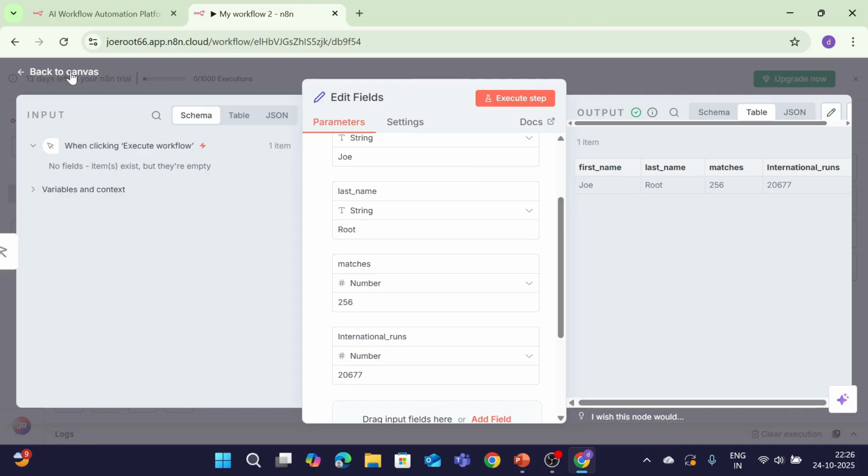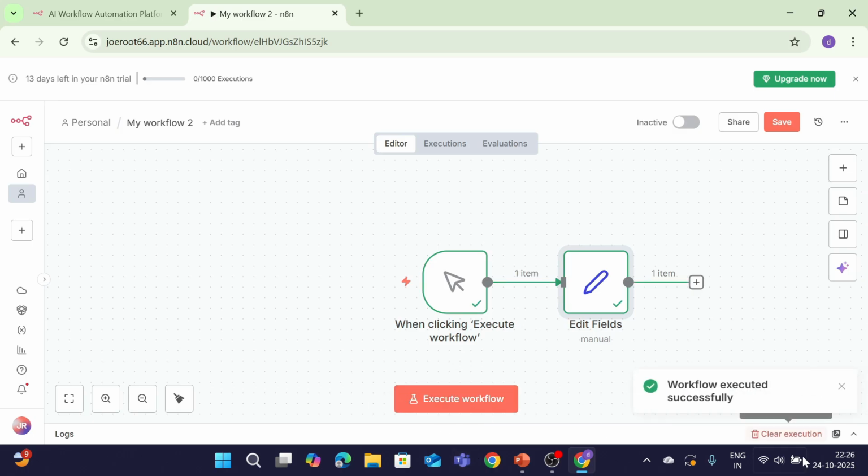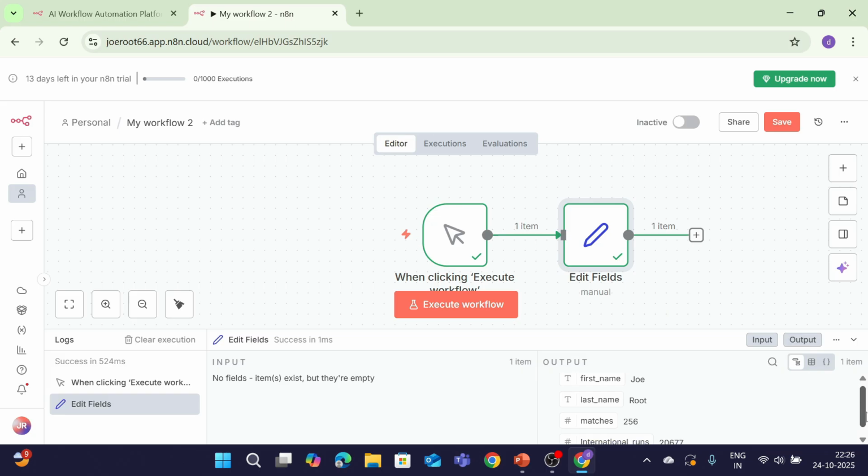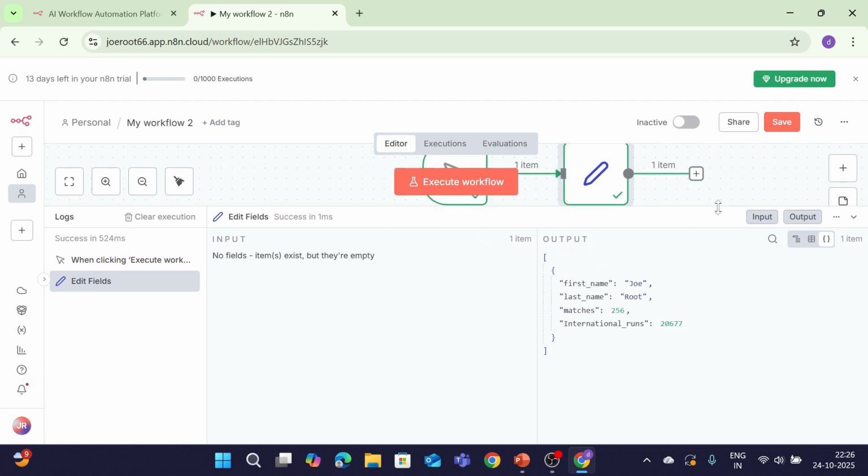So this is the way you can simply write. Here you can see the output in different forms. Here it shows in a simple variable form, here tabular form, and here the curly braces, that is the code form, JSON form. So this was the function item node,